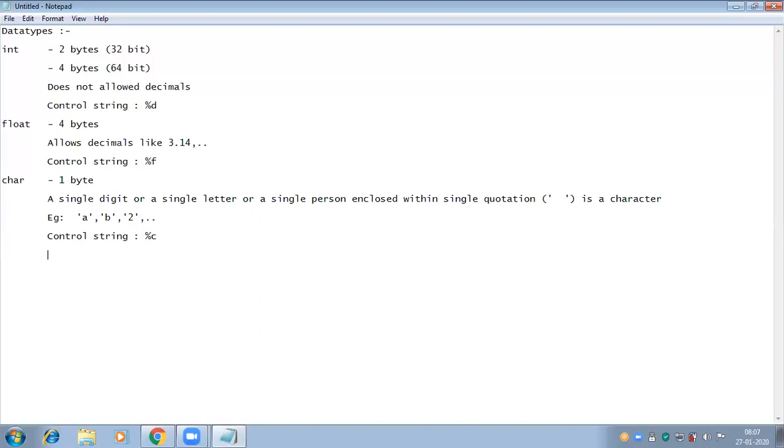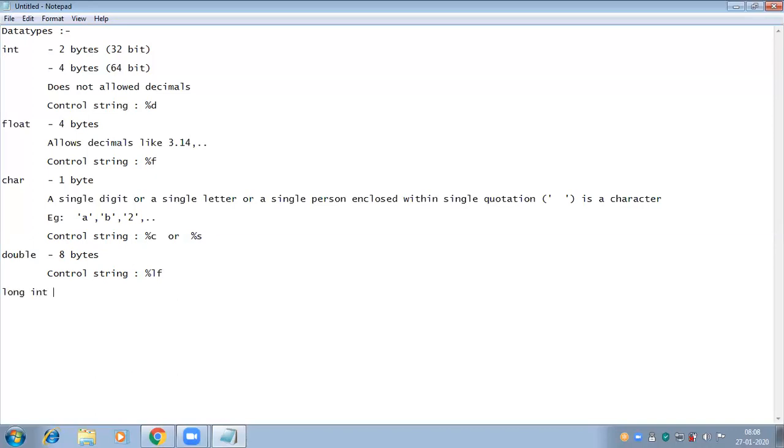For a group of characters, here I am using %s also. For double, 8 bytes, the control string is %lf.